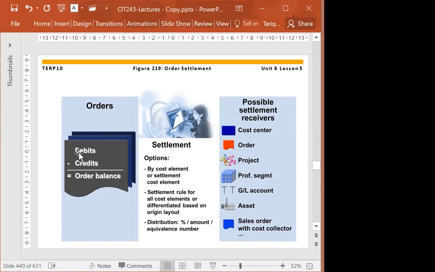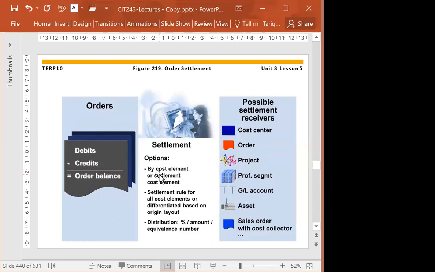In that, the internal order is credited and the receiver is debited. For example, we have some amount on that internal order that we want to settle to a particular cost center, purchase or production order, or project. So we will use the settlement that will transfer the cost to these cost objects.